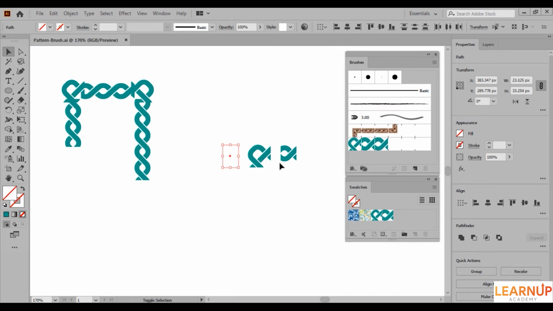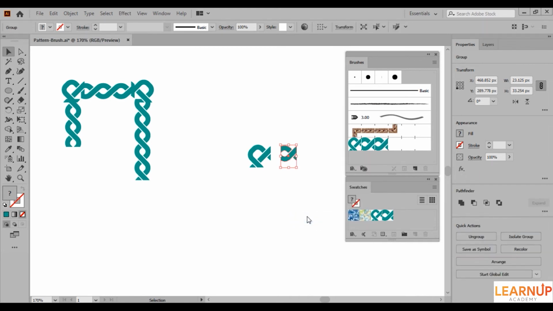Let's select the box and the side tile and click on the horizontal right align button to align them. Now always remember that the width of the box should not be greater than the side tile, otherwise it will create unwanted spacing between the tiles. You can group the box and the side tile, but it's completely optional.